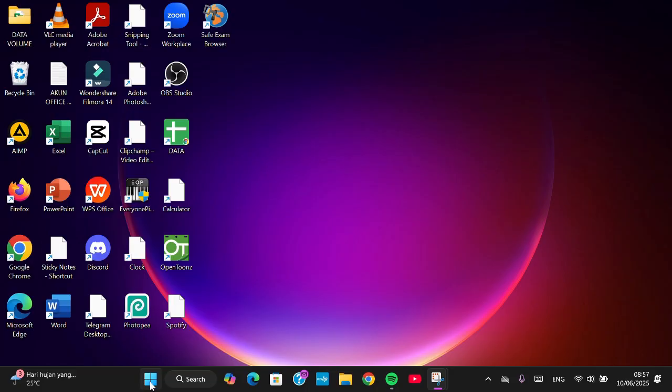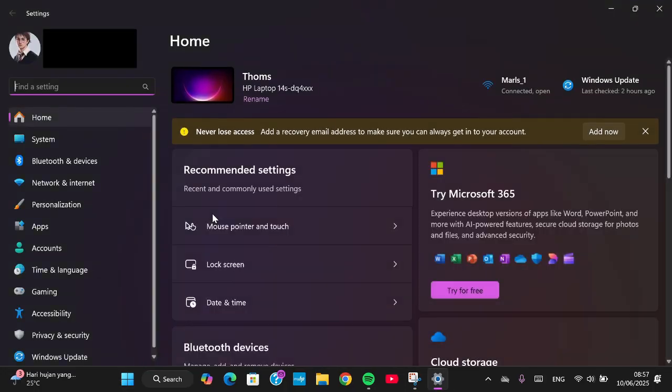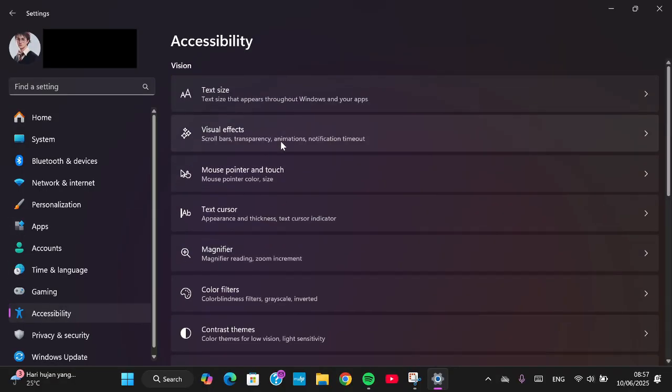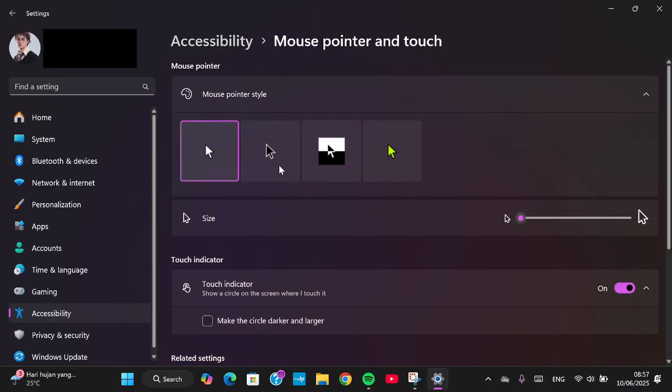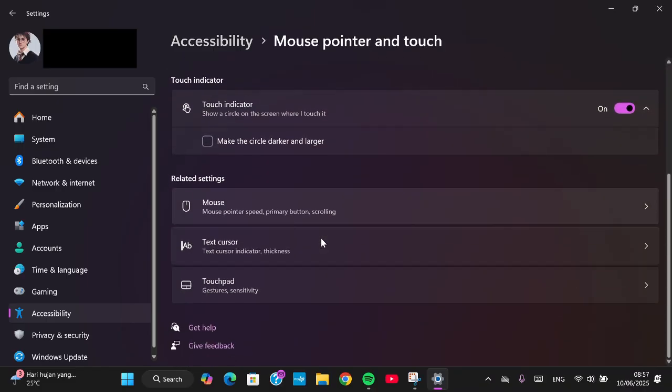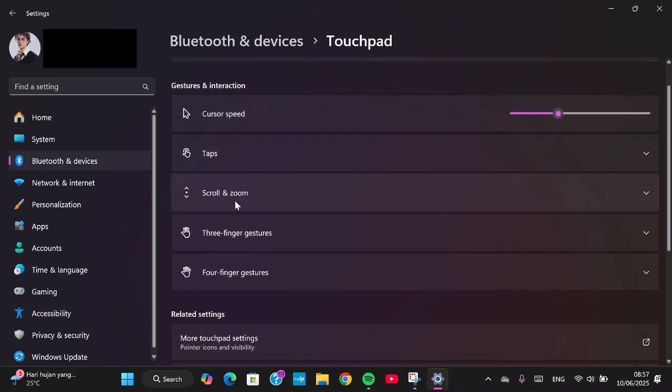First of all, I'm going to open up the Windows settings. I'm going to go to the start menu and open the settings, and here we go to the accessibility settings. Okay, and select the mouse pointer and touch. And then you're going to go to the touchpad, and here you will be able to activate the two fingers